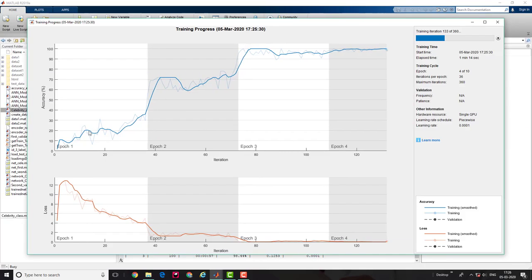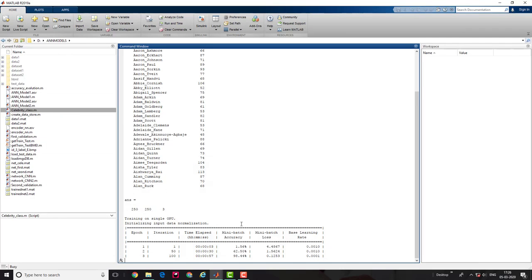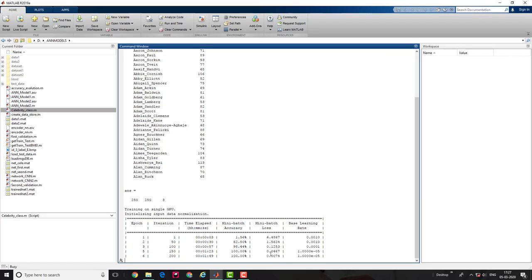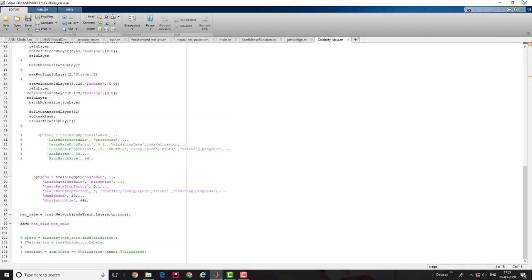You can see here my training almost gets stabilized at epoch 4 and the loss is almost negligible. Let's see how much loss there is right now. At the third epoch, my accuracy for the mini batch is 100% and the loss is 0.04%. So guys, at the fifth epoch, my accuracy is already 100% and the loss is 0.04%. So the saturation point has already been achieved, but I have initialized this training process for 10 epochs, so it takes a couple of minutes to complete.